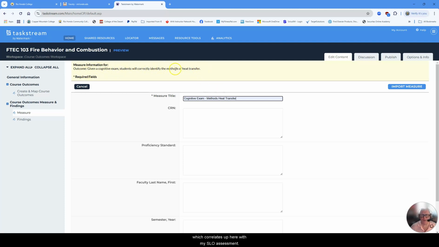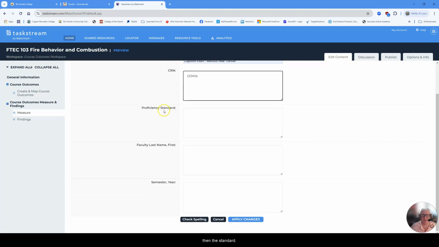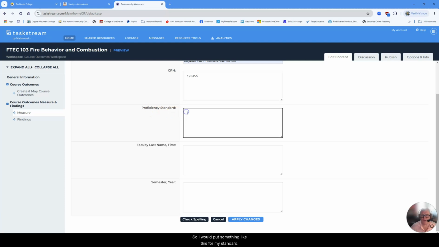Next, I entered my CRN, which would be a fictitious CRN, then the standard. So I would put something like this for my standard: 80% of the students will be able to correctly identify the methods of heat transfer.